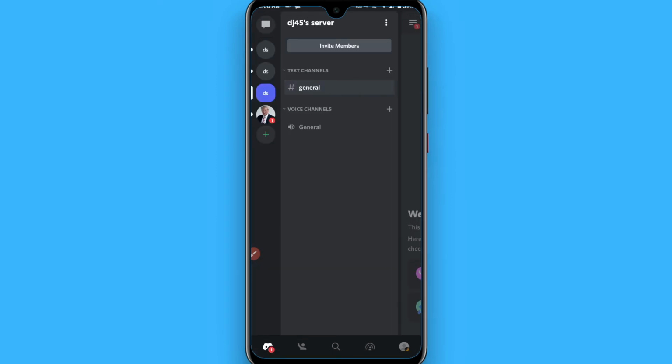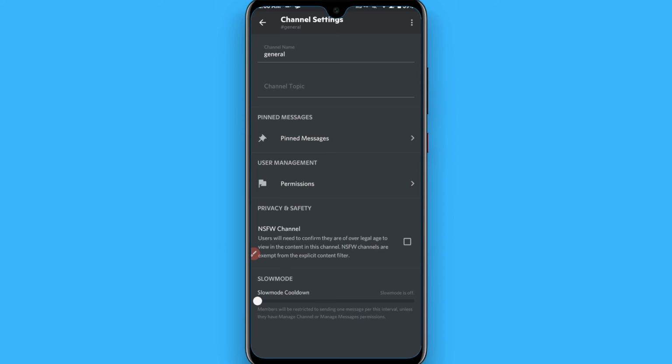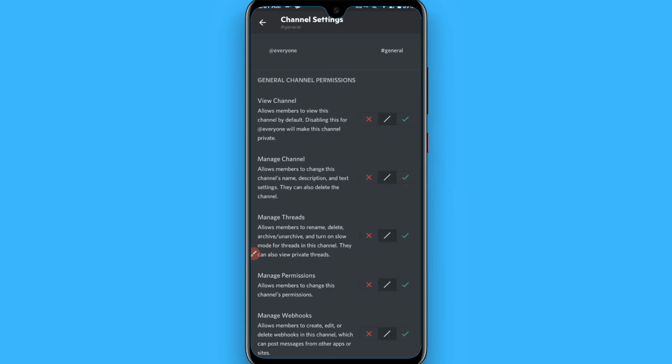Now from here you have to select any channel you want to add a new role to. Once you select it and tap and hold on it, you will see this type of screen. Now click on edit channel and you will see different options here. Simply click on permissions, and in the permissions you will see add a role. Tap on it and click on everyone,